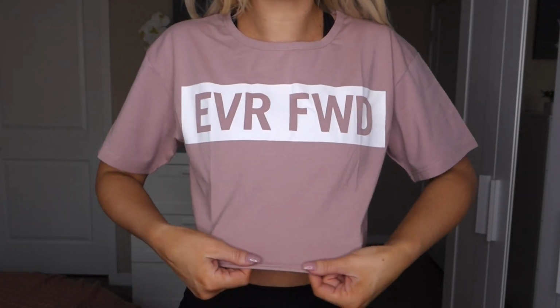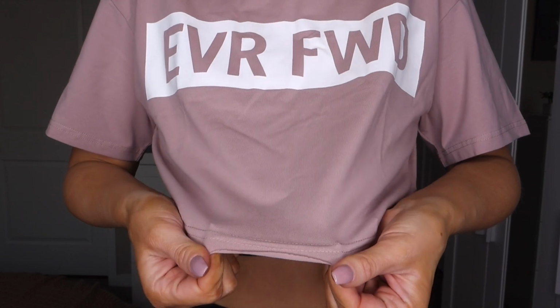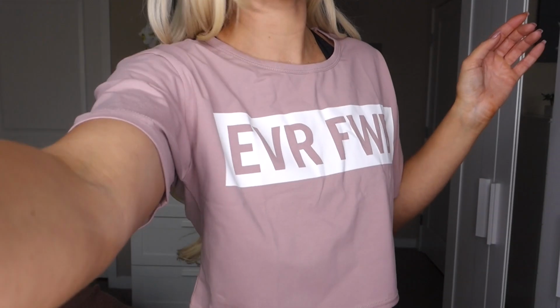I just feel like it's such a casual, laid back, comfortable look. The material of this is very stretchy and lightweight, which I really like. I also like how the hem has a seam, but then it's a raw edge hem under the seam. So it looks like a raw edge hem, but it's not actually raw edge, because sometimes raw edge hems will fray and continue to curl up until it's basically not even a crop top anymore. So I like that they put a seam on there, but it still has that raw